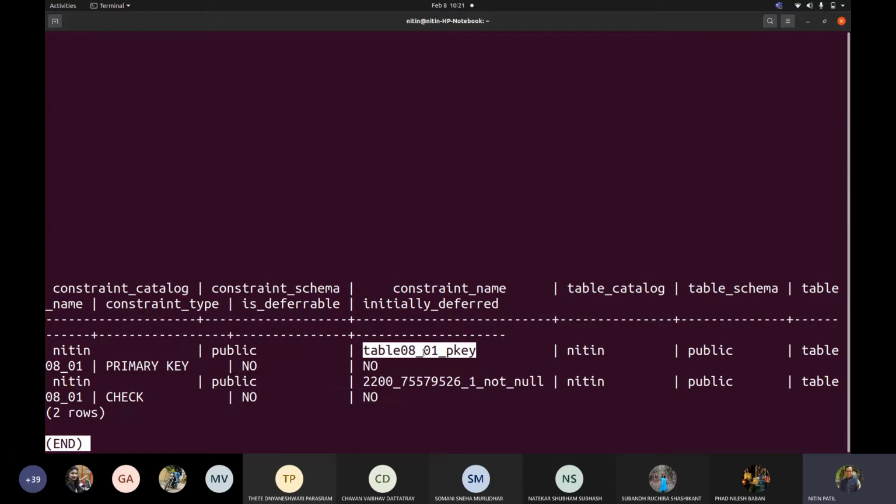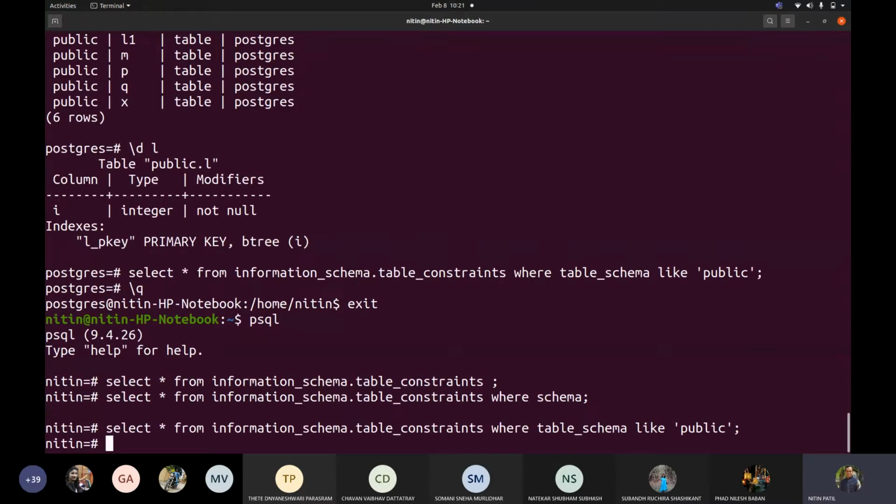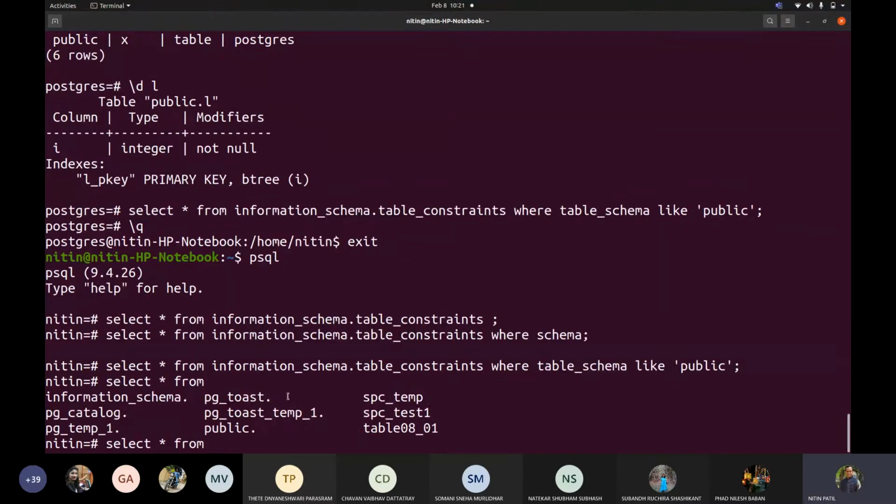Now your second task will be what? You can note down. Okay, what was the first task? What did I ask you? Can somebody repeat it for me? What was the first task? First task is try to find out what this information schema and PG catalog schema talk about. Suppose if I write select star from, it shows me this. I want to know what this PG catalog contains and what this information schema contains. Fine. So this is your first task.